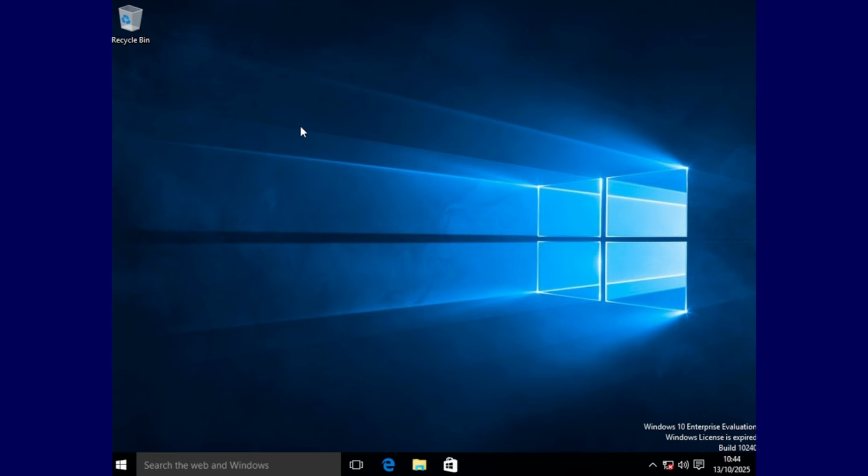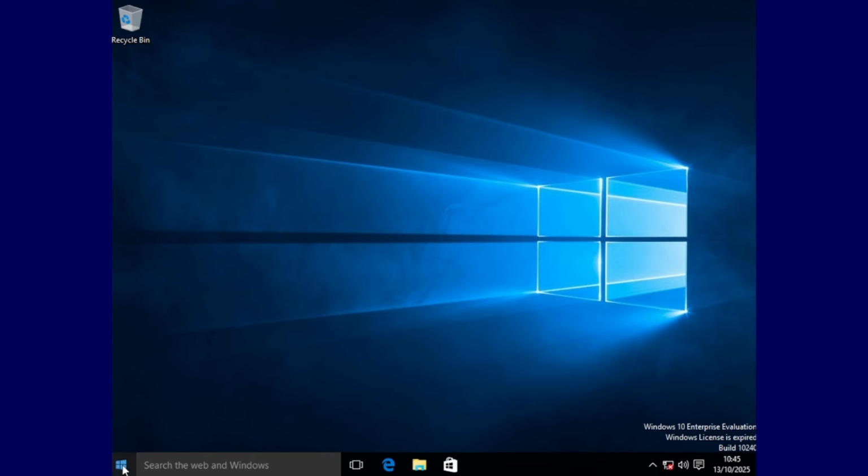Now, just like Windows 7, and unlike Windows 8 and 8.1, you actually land straight at the desktop. So, for users of Windows 7, this will be familiar because you have your recycle bin and any other desktop icons that may have been placed there.